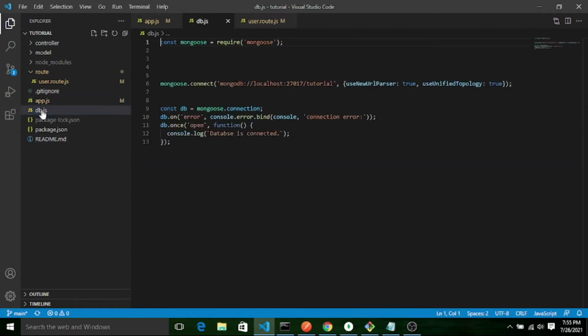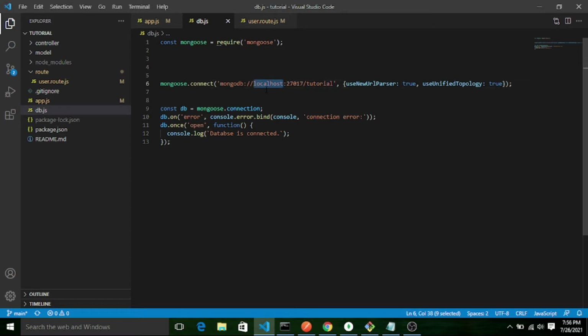In the same way, this is my database name. When I am making the connection string, this is my database name, this is my database port, and as usual this is localhost.